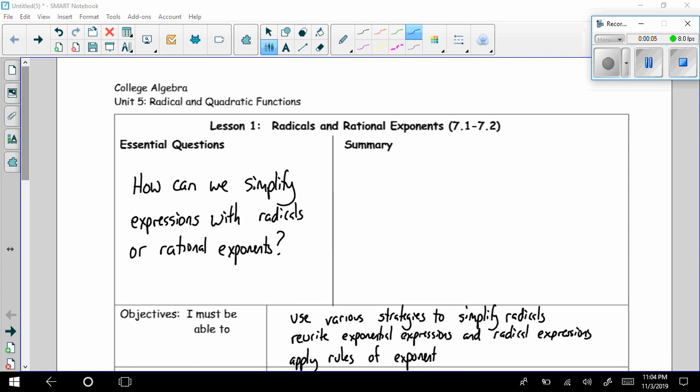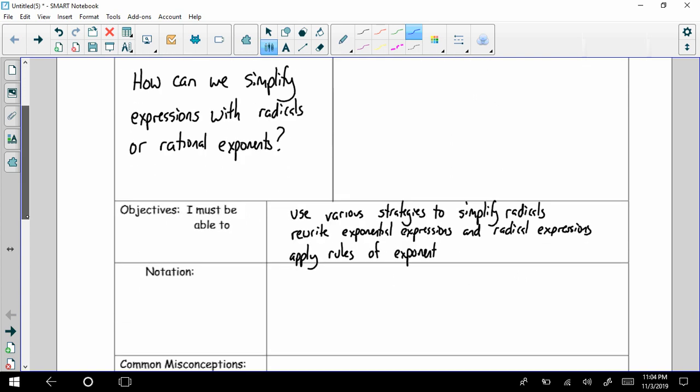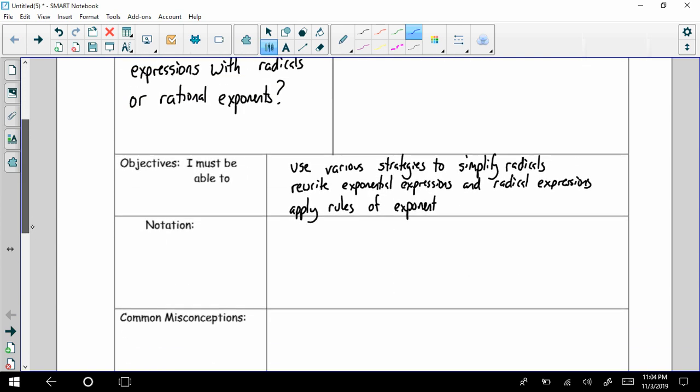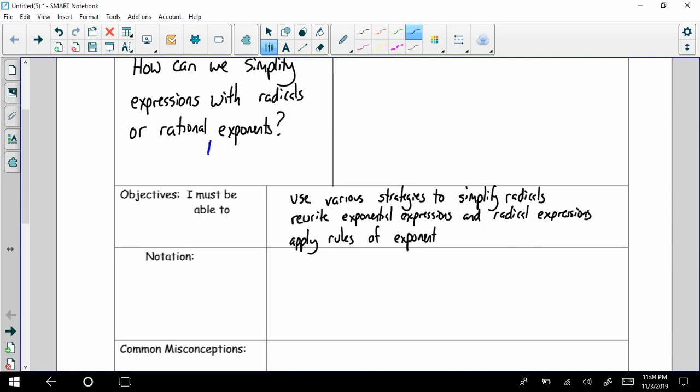Okay, we are looking at radicals and rational exponents, getting away from factoring a little bit here, and looking at things like x to the 1/2 power. So how we can simplify expressions with radicals or rational exponents, understanding what the relationship between a radical and this expression would be. We'll use various strategies to simplify radicals, rewrite exponential expressions and radical expressions, and then apply our